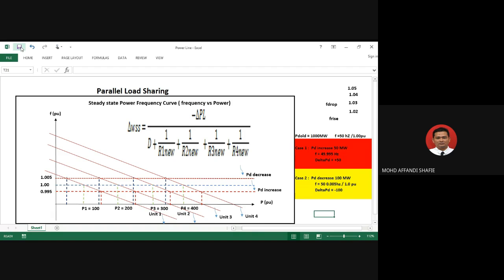Okay. Clear? Clear tak? Yes, sir. Clear, alhamdulillah. So I will move to the next example,